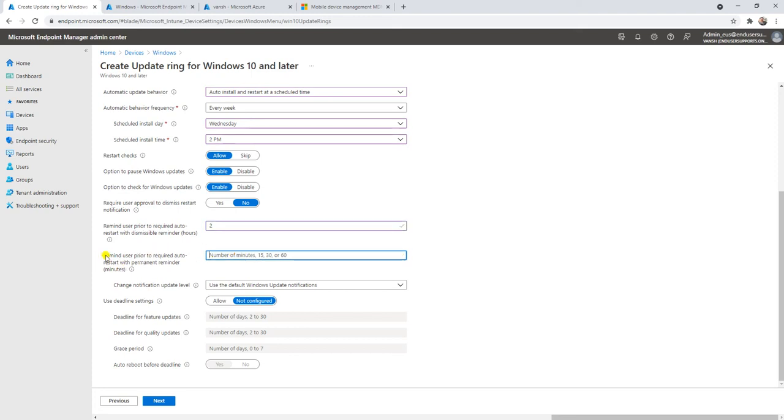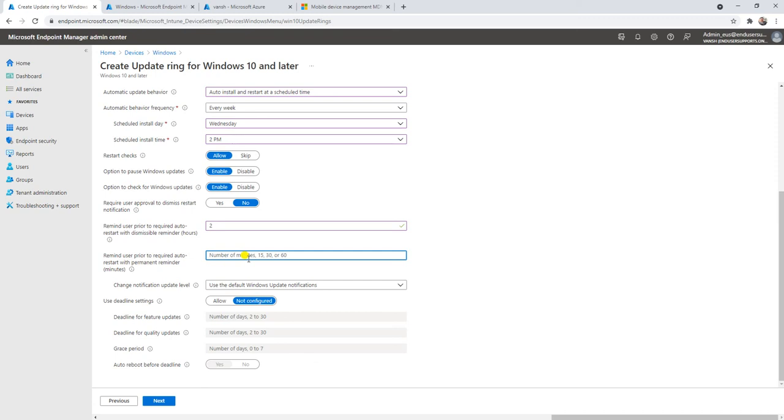Now let us see the remind auto restart. As we saw in SCCM, there was an option: if we selected okay, restart the machine, it was not restarting directly, and there was a pop-up on the screen that was stuck on the screen, so the user cannot take any action.